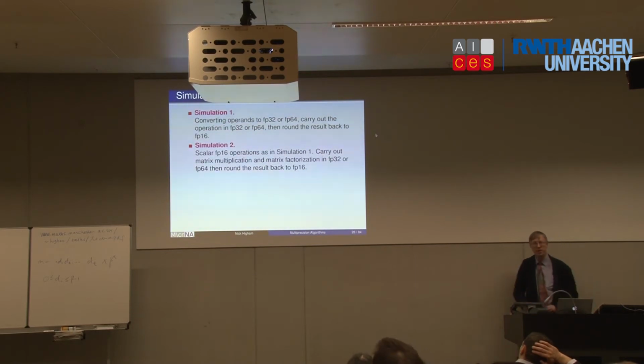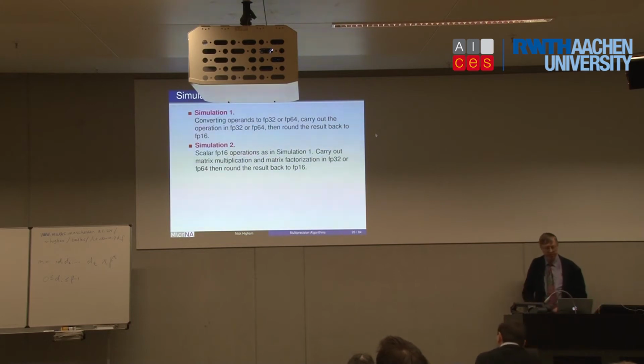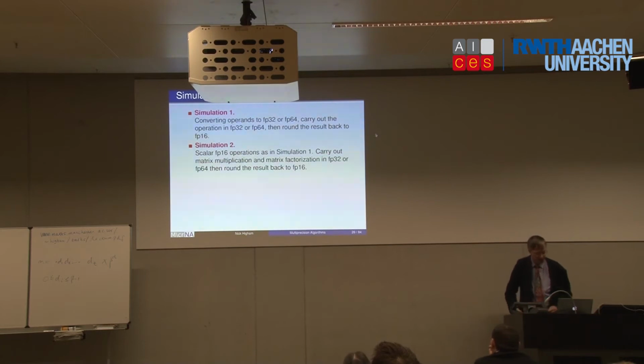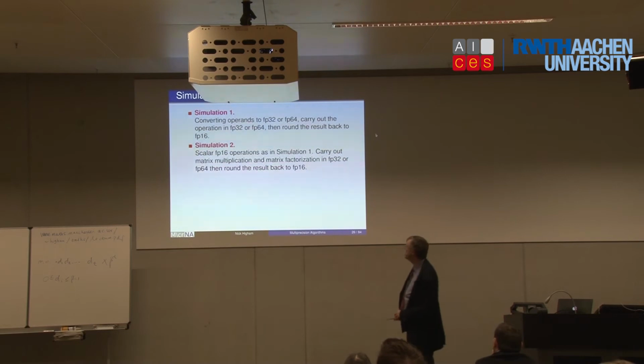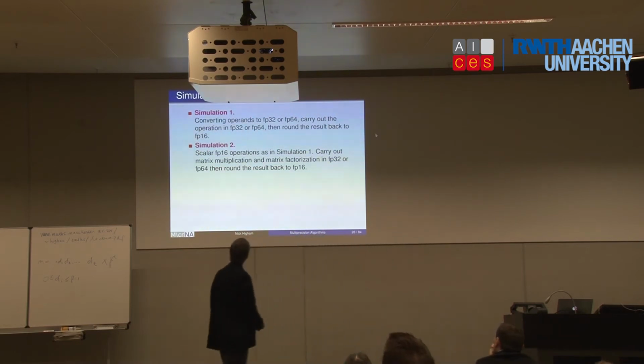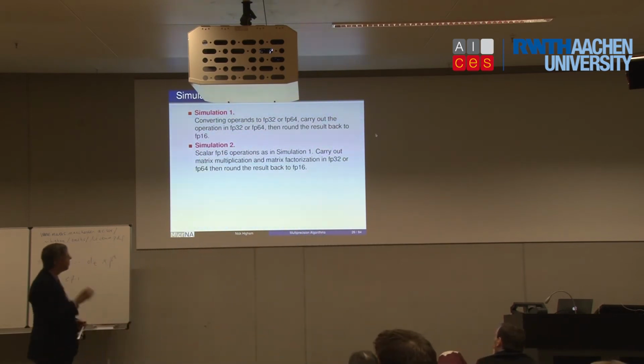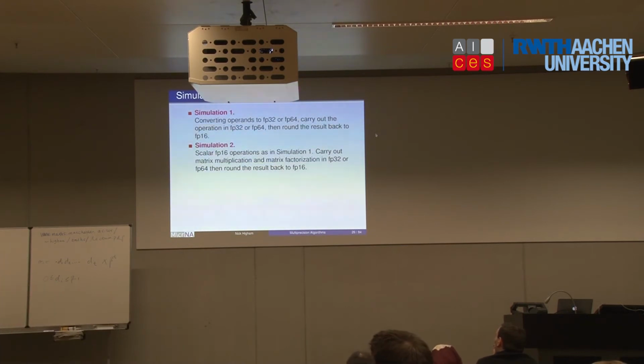Right, well, what if you want to try out FP16 and do your own experiments? How would you do it? And I'm assuming you don't have access to one of these GPUs that supports FP16. Well, here are a couple of approaches. Simulation 1 is you convert every number from FP16 to some higher precision, single or double, carry out the operation in question in single or double, and then convert back to FP16, because we have single and double in hardware. The obvious things. So this would mean the operators.